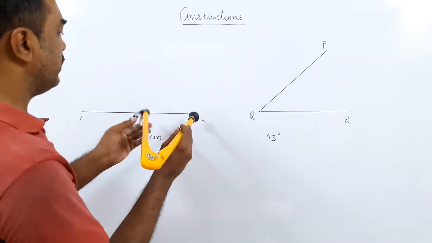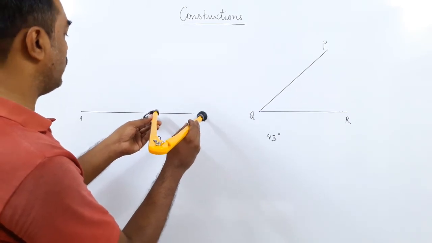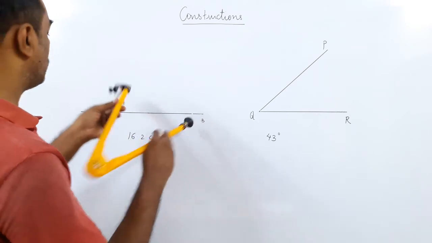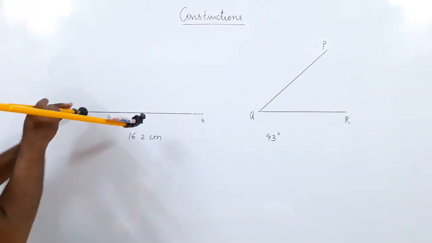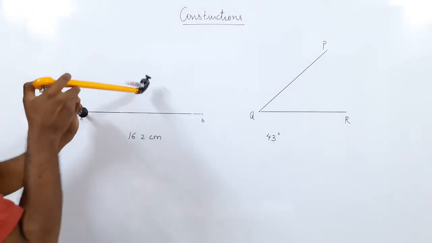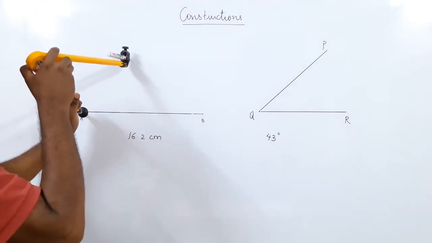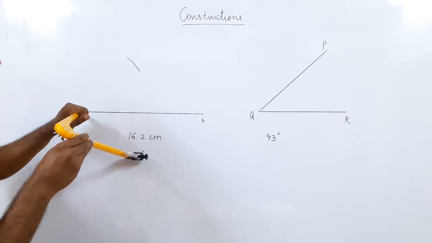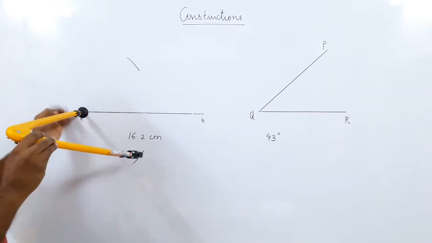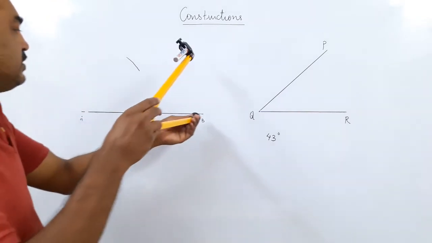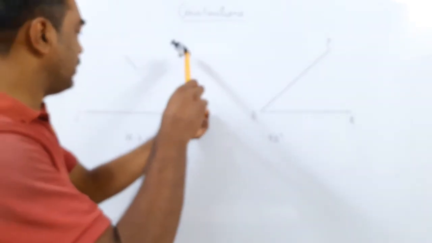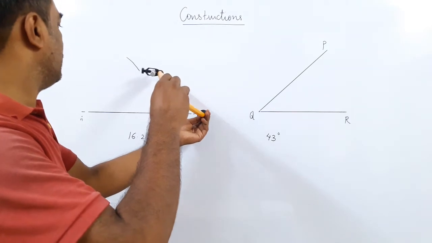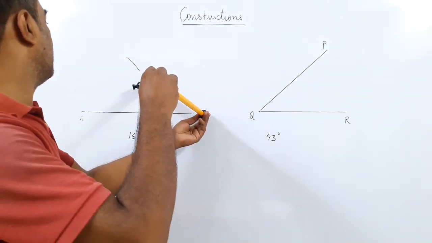Now see, to do the perpendicular bisector, we should have the radius a little more than half of it. So I put exactly my divider at A, I draw an arc on the top and the same radius arc at the bottom. After I have done this, from B, exactly at the point which should be exactly in the center, I will have to draw an arc